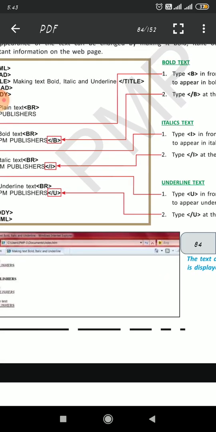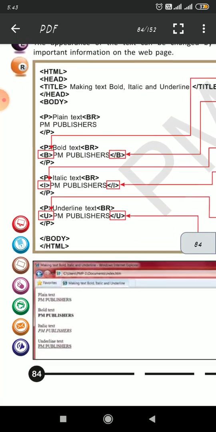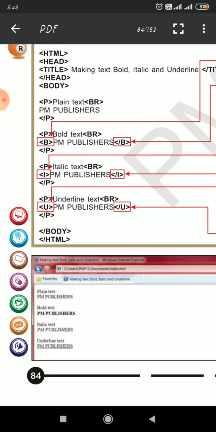So see, P plain text, BR PM Publishers \P, then P bold text, PM Publishers, B and \B, I \I, U \U.